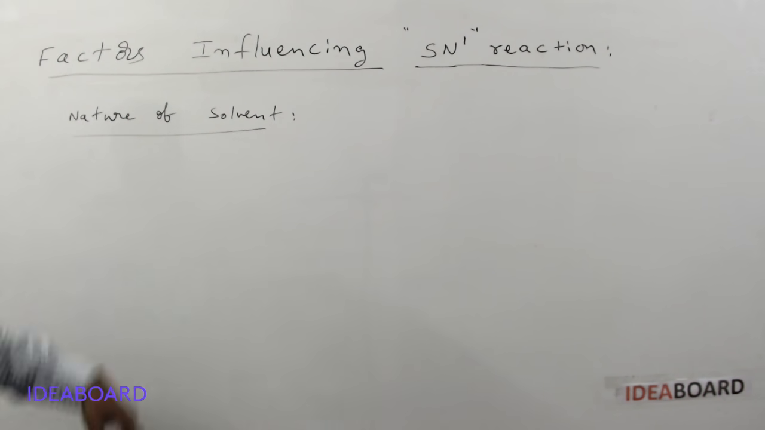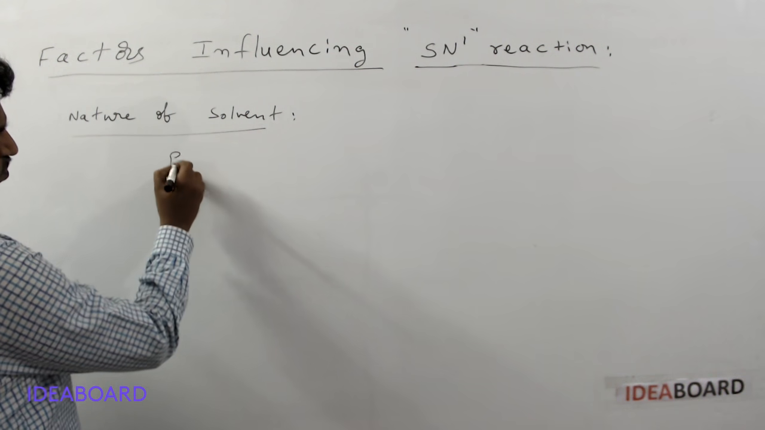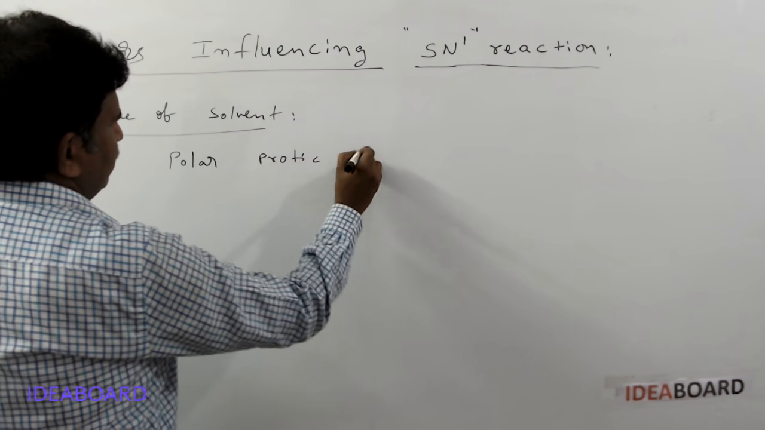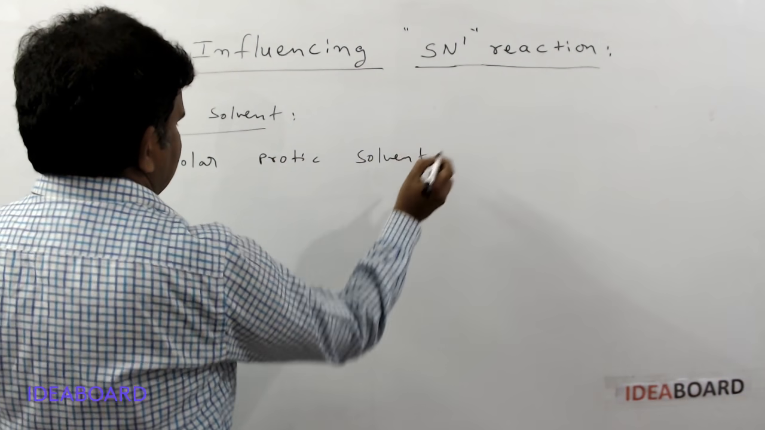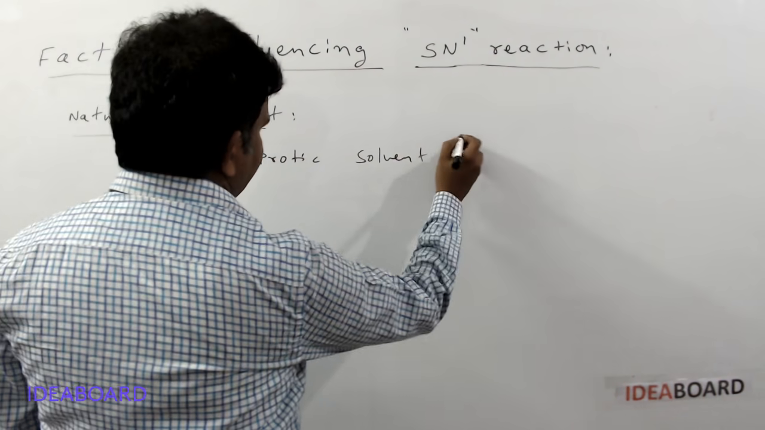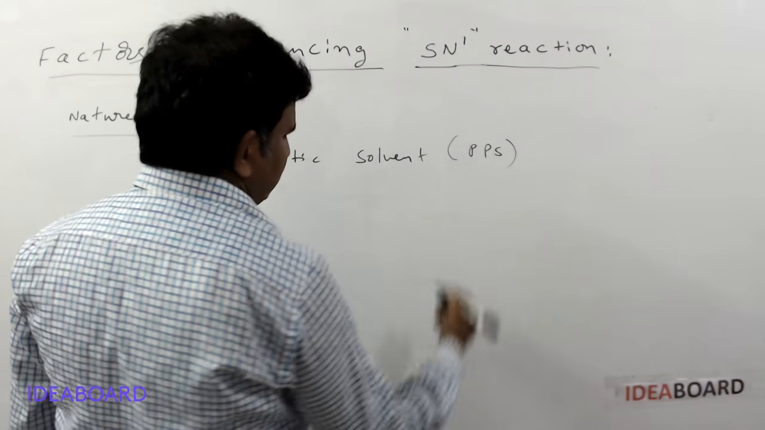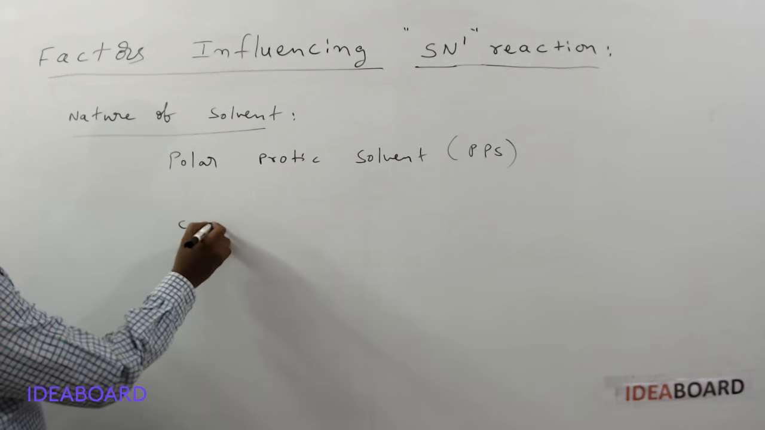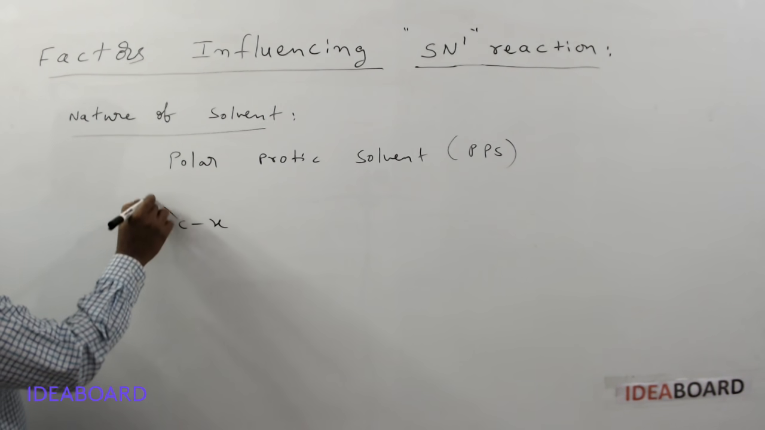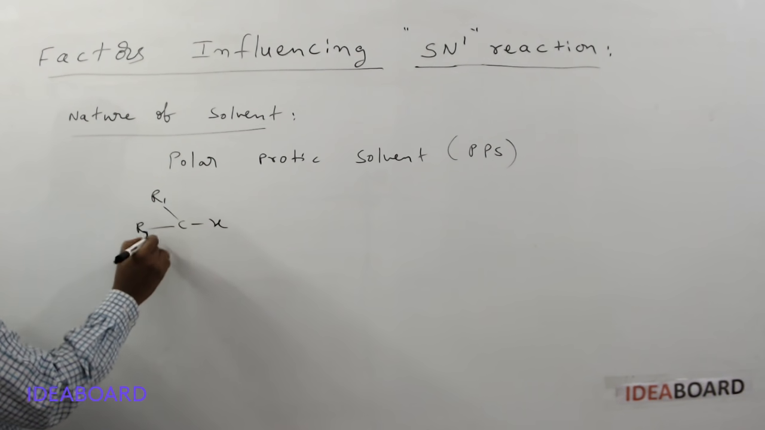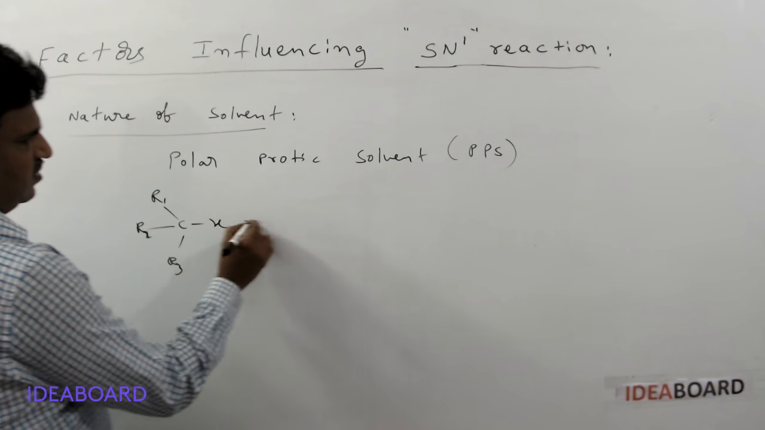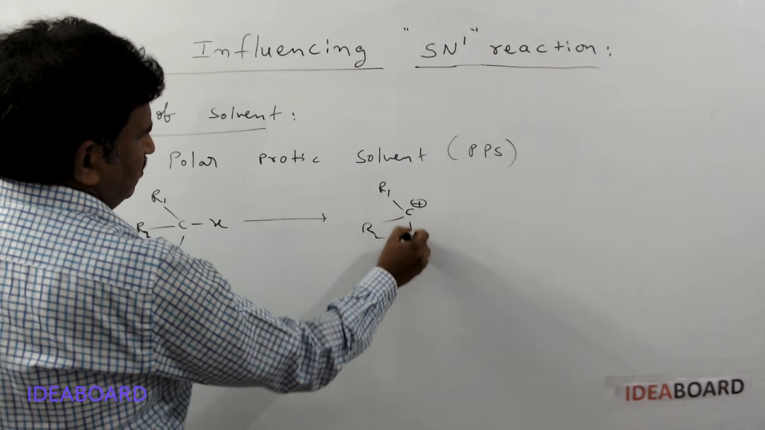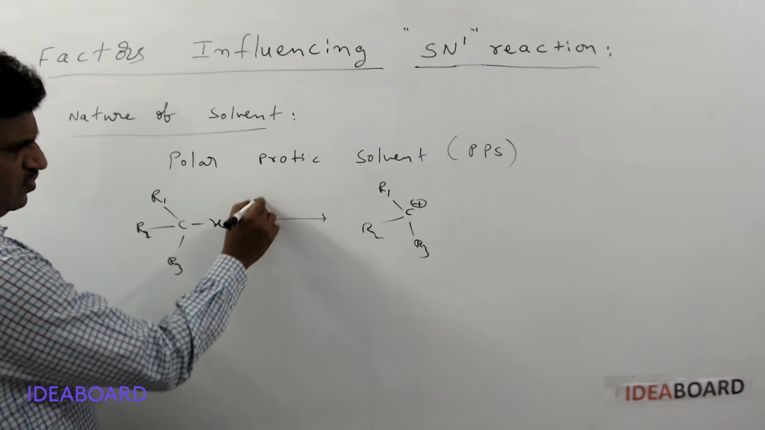Next point, nature of solvent. We already said that polar protic solvents are best for SN1 reactions. Why are polar protic solvents best? Here there is an alkyl halide. If that alkyl halide is converting into the reaction intermediate carbocation with alkyl groups R1, R2 and R3,